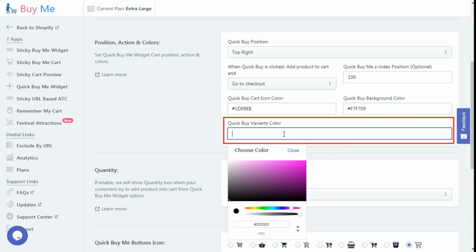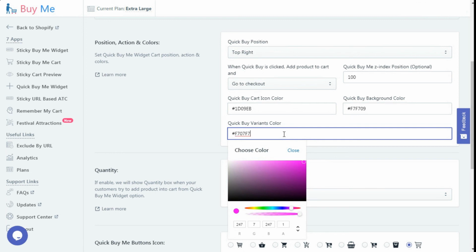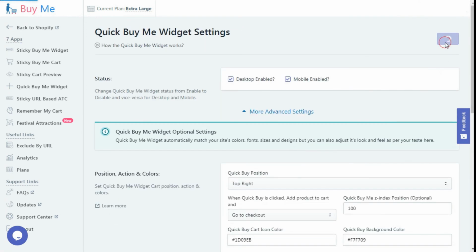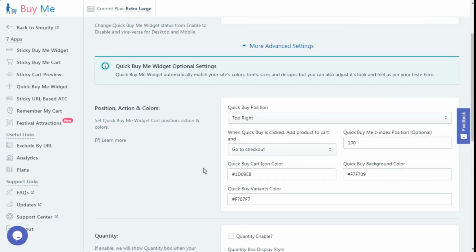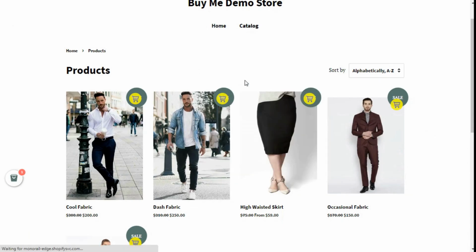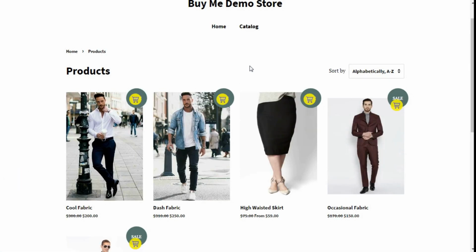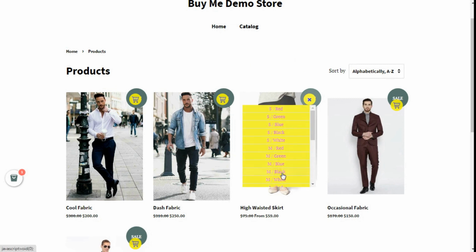For example, to set the pink color, you can set it by hash F707F7. Please press the save button after making any changes. Please visit the website and reload the product page to see the effect. As you can see here, the variant list is displayed with the changed color in the Quick Buy Me widget.